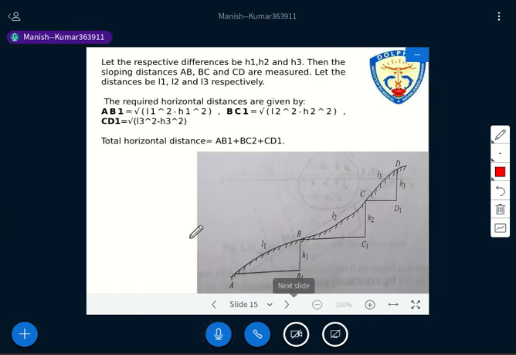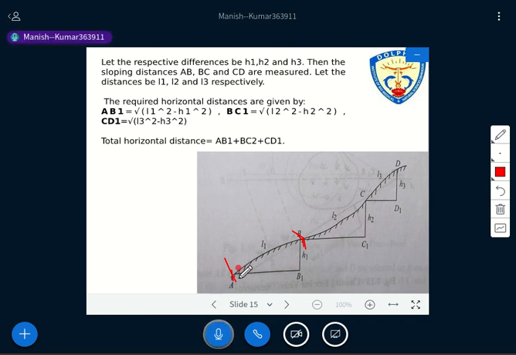Let me explain through the image here. First, take these 2 points A and B. As I told you, using the instrument level, we have to find the difference. As you look, H1 is the difference between the 2 points. Try to understand properly. This is the difference between points A and B, but let me explain how the difference arises.